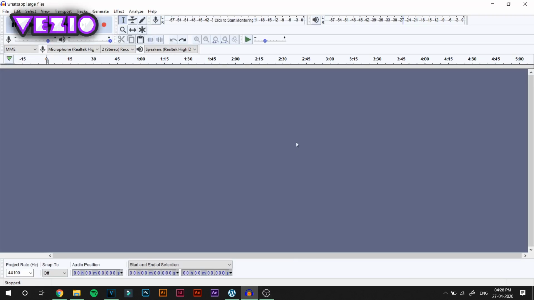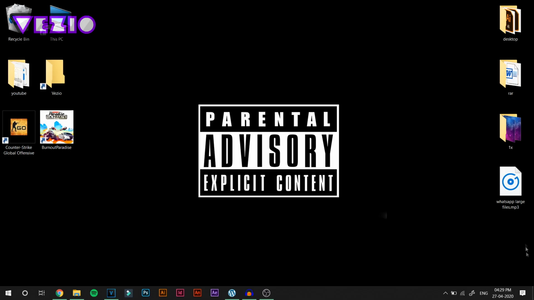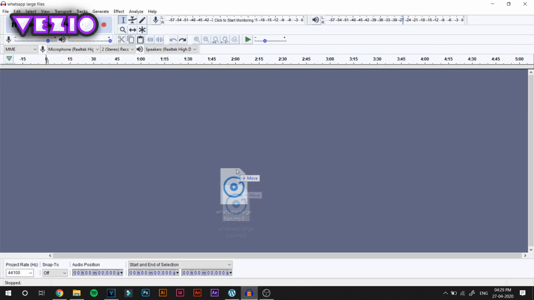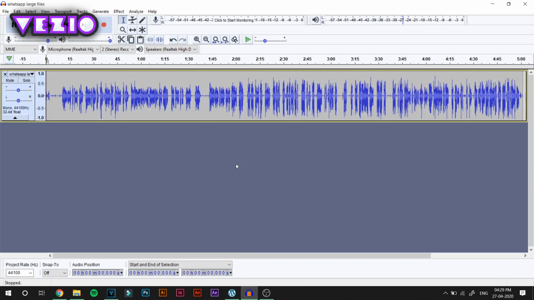So now what you have to do is import your audio file. So there are two methods of doing that. You can go on to file, then click on import and audio, or the shortcut for that is Ctrl+Shift+I, or what you can do is just drag and drop your audio file on top of Audacity, just like that. So once your